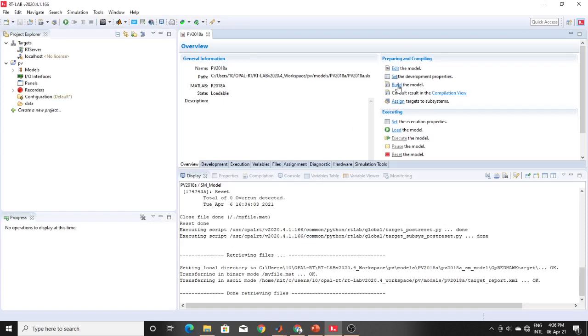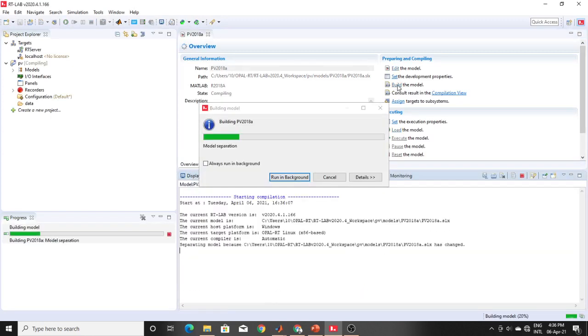Okay, let's build the model again. It will take so much time again. It's just too much time taking. 20%.